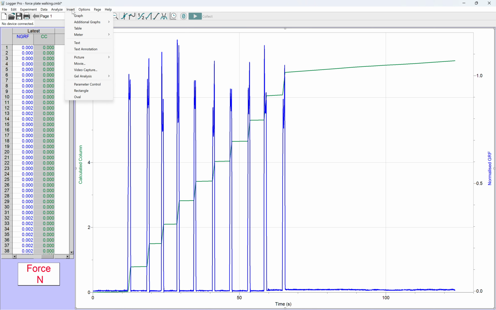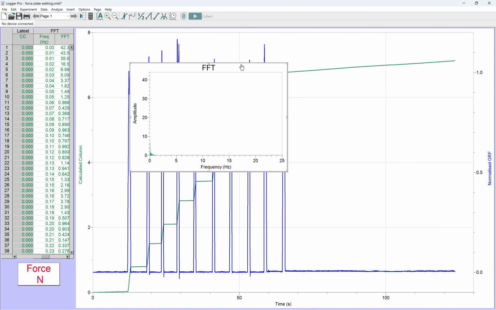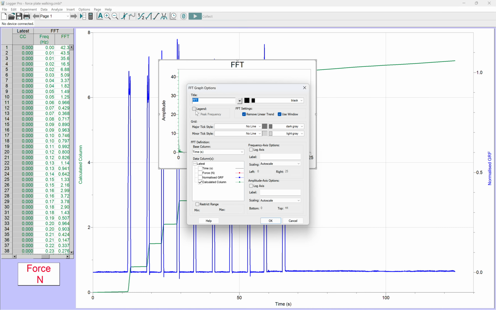So the Fourier transform is here. So you're going to use insert additional graph, Fourier transform graph. And to utilize this, you're going to right click on the graph and then find out the graph options. You're going to take the lead, find the peak frequencies, and then this time we will try to use